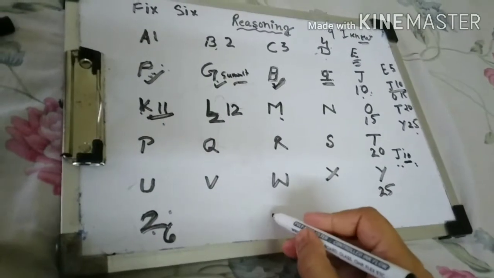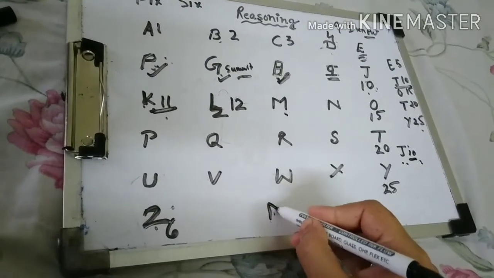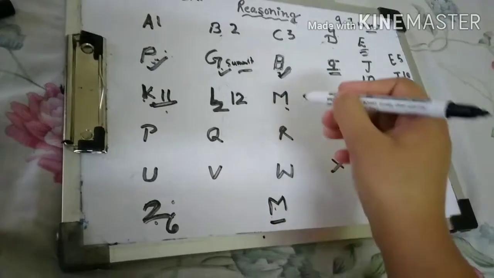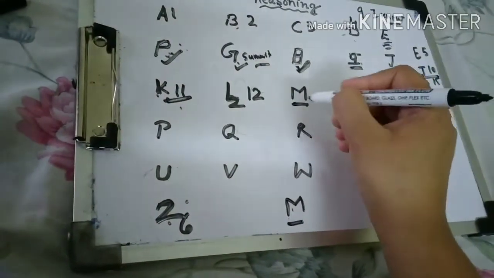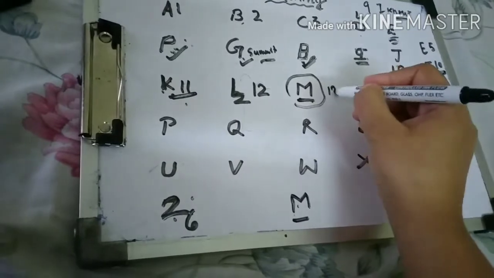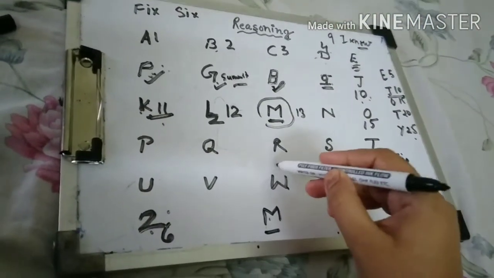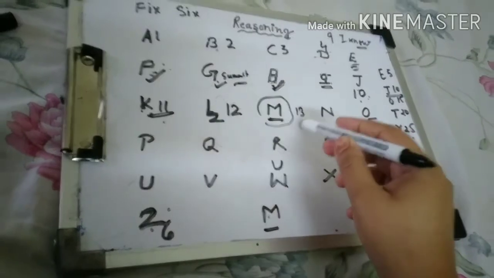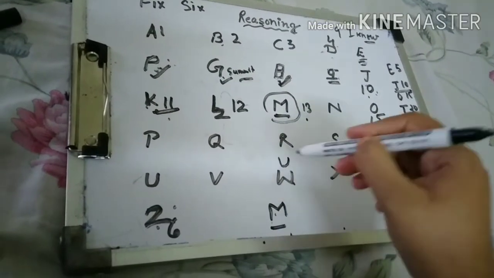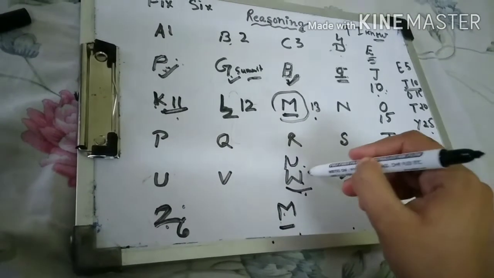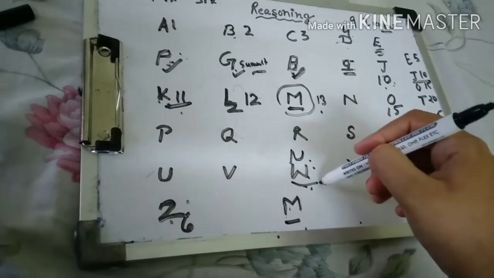Now moving on to M. Always keep one thing in your mind, that M is opposite 3. It is 13. You can make a number here also. This is M stands for 13. And you can also remember W. W is here. So 13 we have finished with the M. So what is remaining? 23. So W stands for 23. The 2 number finished here.